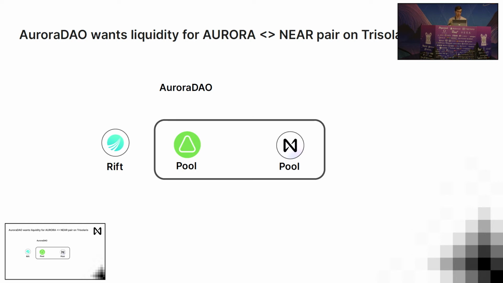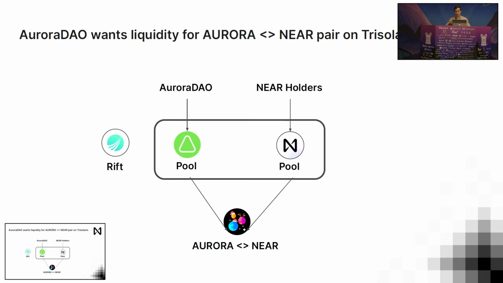They're going to create an Aurora token pool and a Near token pool. The AuroraDAO is then going to take Aurora and put it into the Aurora pool, and you're going to have Near holders who are, in this case, going to be that liquidity giver, who are going to deploy their Near into the Near pool. And then those two tokens will be matched together and deployed in a traditional way to the Aurora to Near